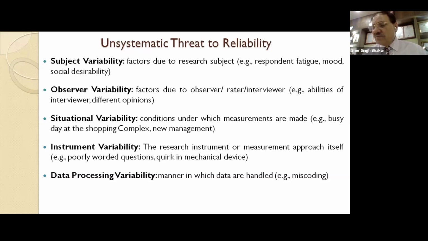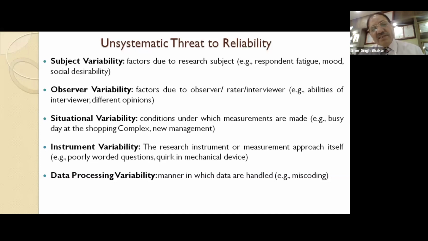Instrument variability means that when you develop two instruments to measure the same phenomenon, the two may give you different results because they have different wordings. Maybe the instruments are supposed to be equivalent, but they may have different wordings, because of which the results may be different. Even in the same instrument, there could be some words that can be misinterpreted, and because of that, the responses can be different by the same people and between different people.